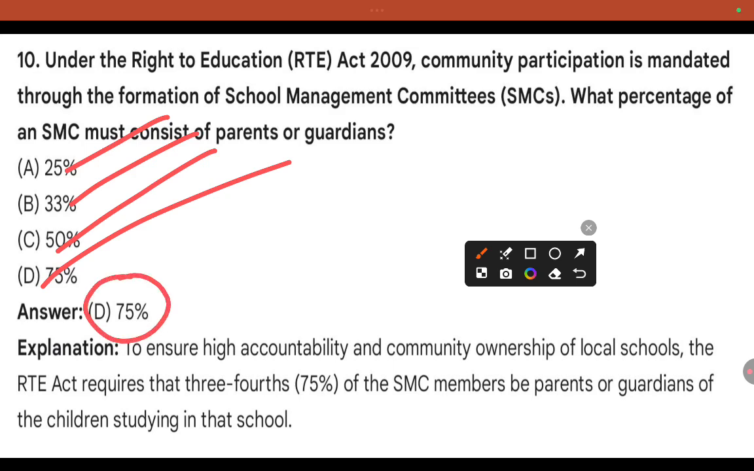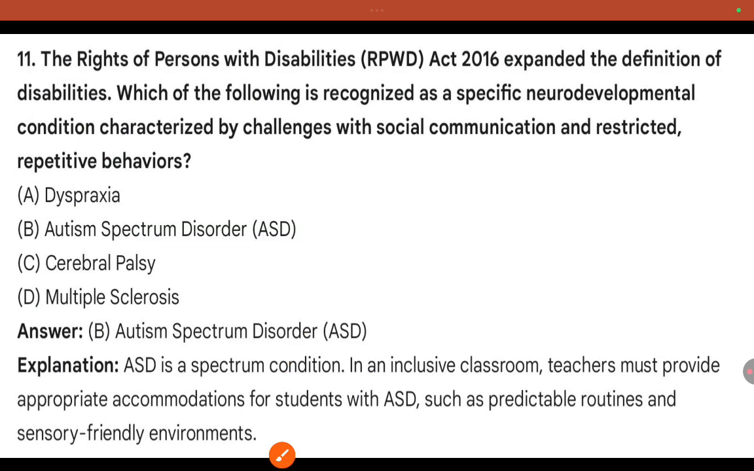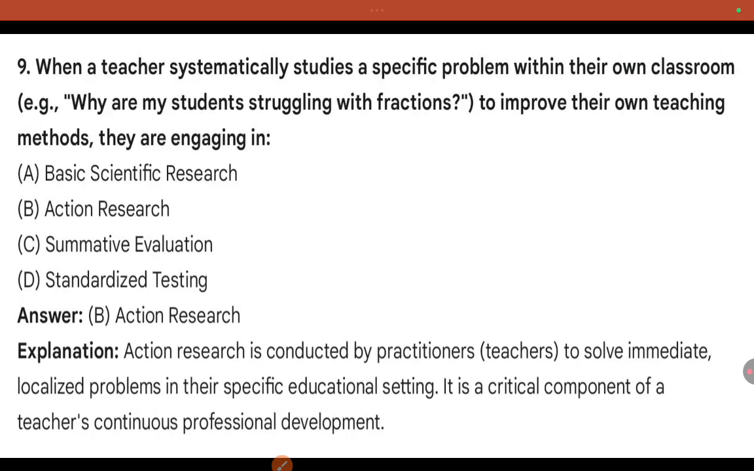To ensure high accountability and community ownership of the local school, the RTE Act requires that three-fourths, that means 75%, of the SMC members be parents or guardians of the children studying in that school. 11th one. The Rights of Persons with Disabilities, RPWD Act